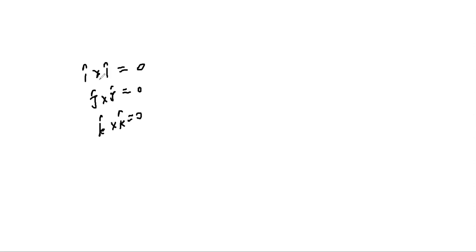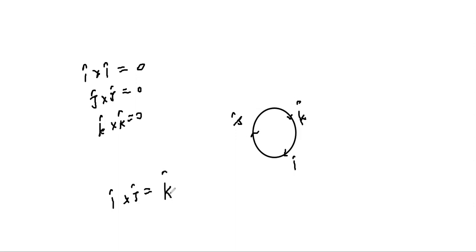Then what would it be? This you can remember by this method. See this circle over here. Just write IJK in it in clockwise direction. I, J, and K. Okay. Now, if you want to do I cross J, it would be K cap. I cross J will give you K cap because direction would remain there and direction would be K cap.